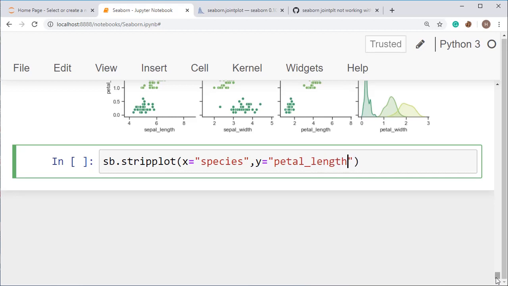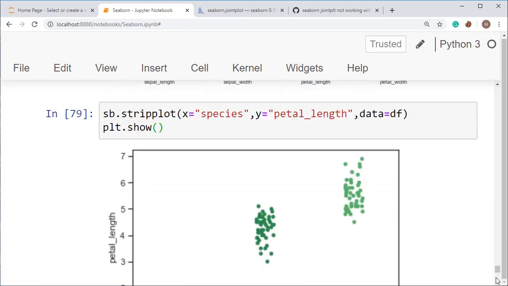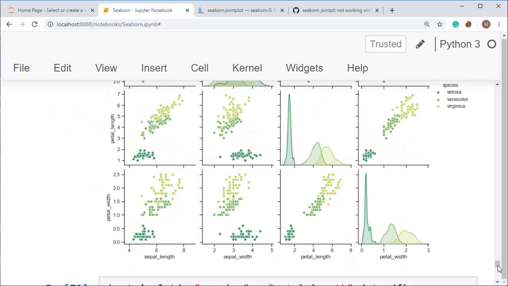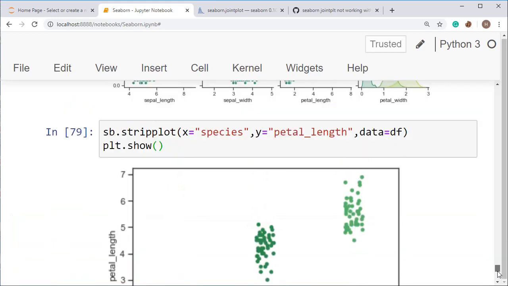Pass the data, which is the previous data frame, and use plt dot show for plotting. This will plot the graph for you. Now see, this is your graph. This one is your strip plot.